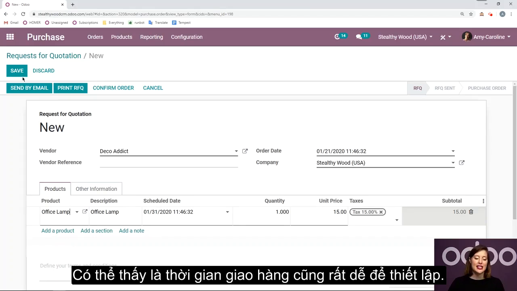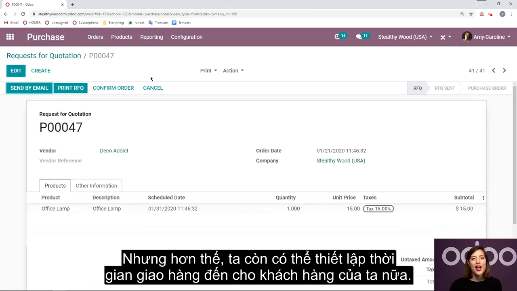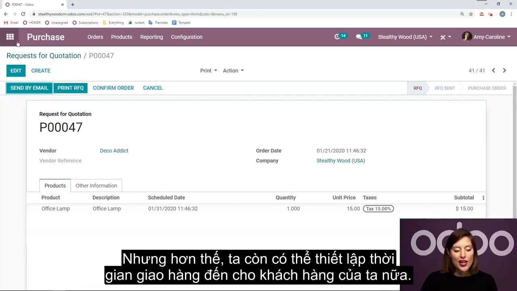Now, that was really easy to set up, but more than that, we can also add a customer lead time as well. Okay, so if we go back